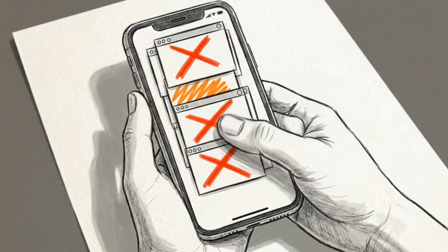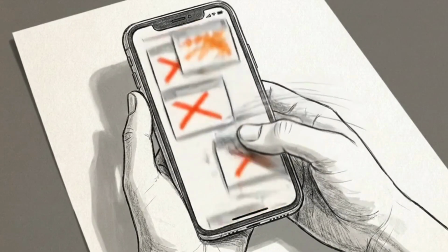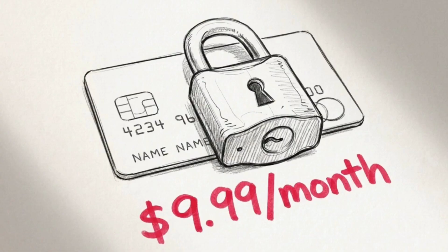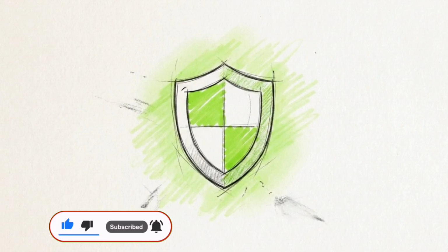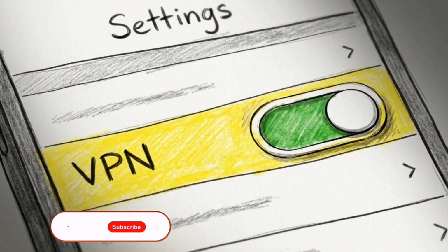If you want a VPN on your phone today, you usually have to deal with third-party apps. And that means sitting through unskippable ads, hitting restrictive paywalls, or adding more bloatware just to secure your connection. But modern smartphones, whether you use Android or iOS, already have a native VPN capability built directly into their system